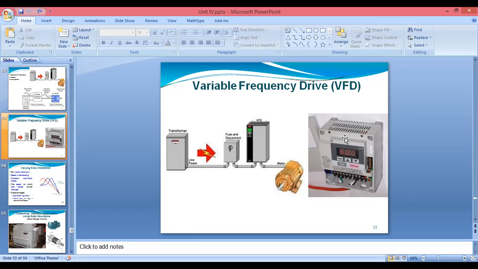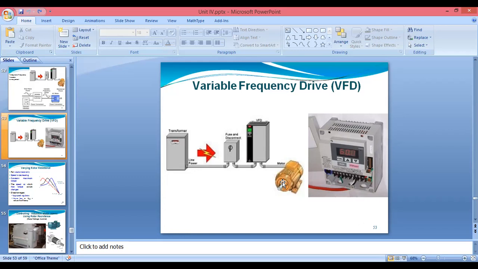So if we increase the frequency by using the variable drive at the start of the three-phase induction motor, we can increase its synchronous speed. So in short, we can increase the speed of the three-phase induction motor. Here we can take one example: the stator is wound with a three-phase winding, one for 4-pole and the other for 6-pole, for a supply frequency of 50 Hz.